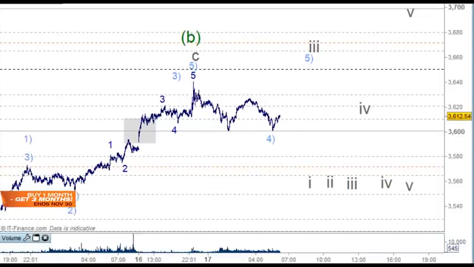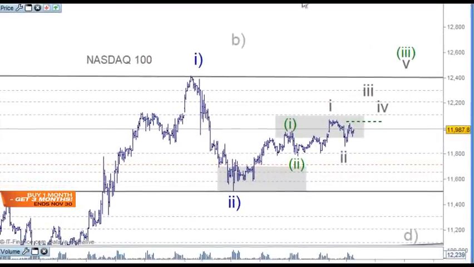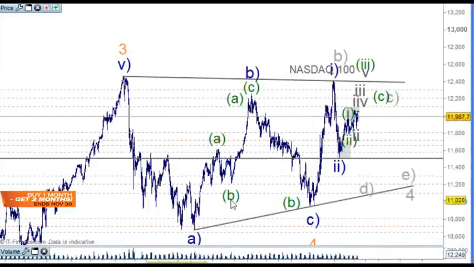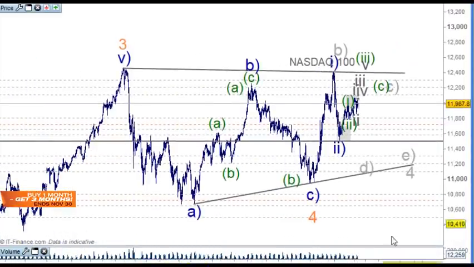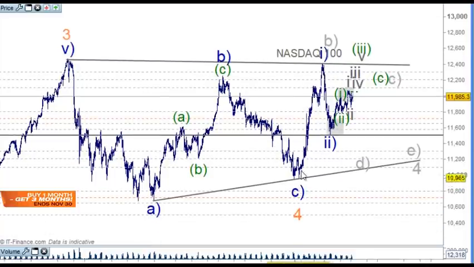I want to bring the Nasdaq over because we know that Google's making new highs, and we had a look at some of the other stocks yesterday. So this is the Nasdaq here, just on the 1 hour chart. Sorry for the mess, but basically the third wave here, and A, B, and C here for the fourth wave here,